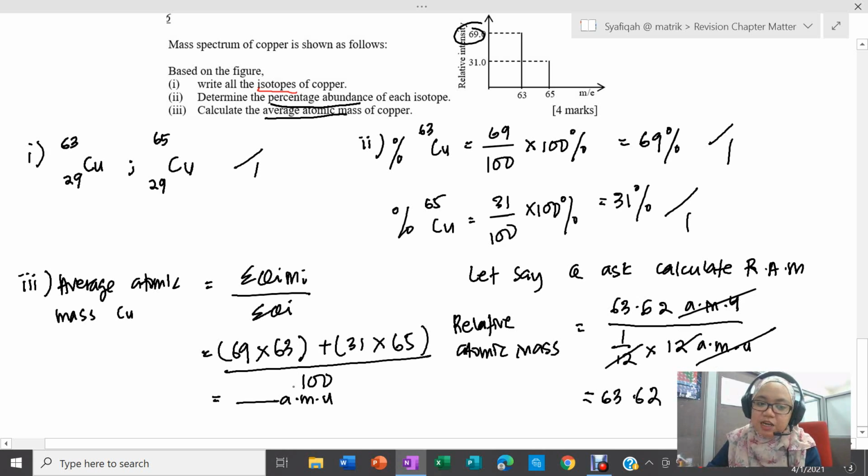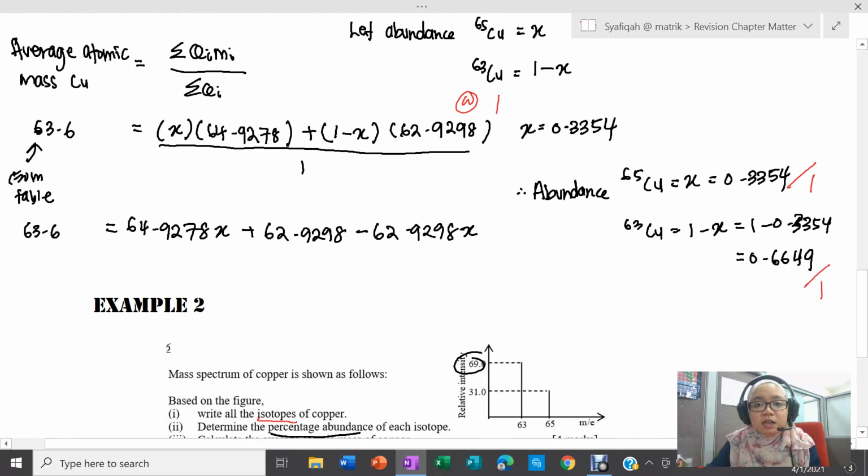Memanglah sama. Tapi kalau awak letak unit dekat relative atomic mass, awak takkan dapat markah. Okay, sebab apa? Relative atomic mass is based on comparison with carbon 12. So, bila dikira relative atomic mass ni, dia takkan dapat unit. So, this is the answer. So, remember relative atomic mass, no unit. Okay? Alright? So, untuk soalan ni kita cover dah how to interpret the mass spectrum, macam mana nak kira average atomic mass and macam mana nak kira relative atomic mass. So, kita dah cover all the learning outcomes that we need to